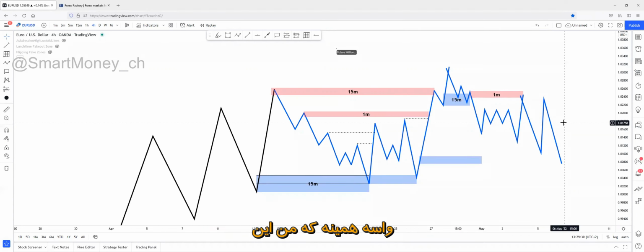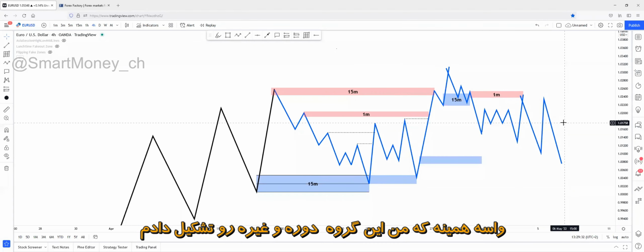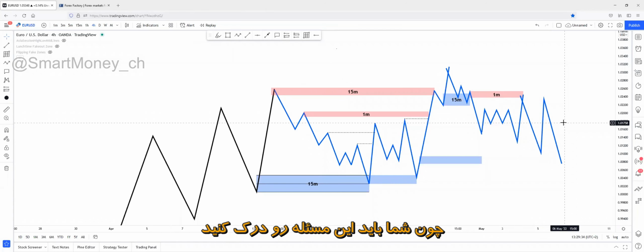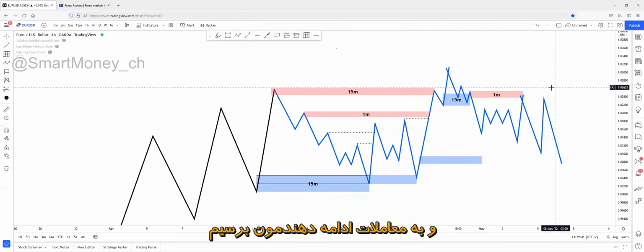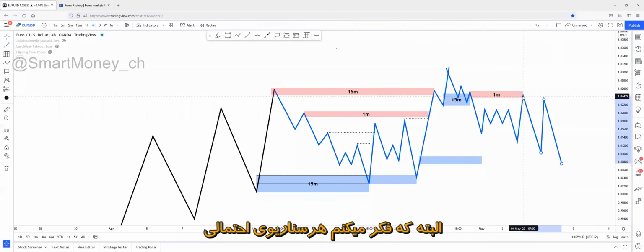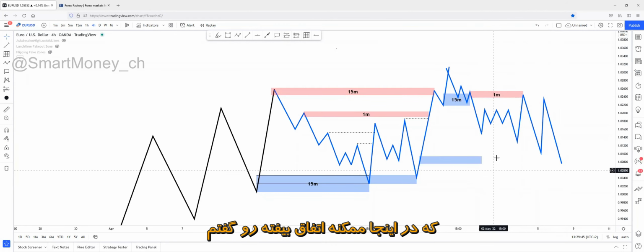That's why I'm even creating this mentorship. That's why I'm even creating this membership, this course, everything, because you have to understand this. Okay, guys, enough of this mental talk, enough of this psychological talk. Just continue with the continuations. But I believe we've talked about every single scenario that could happen right here.